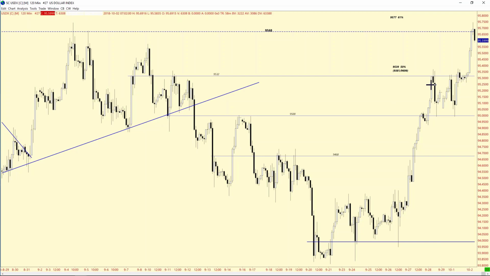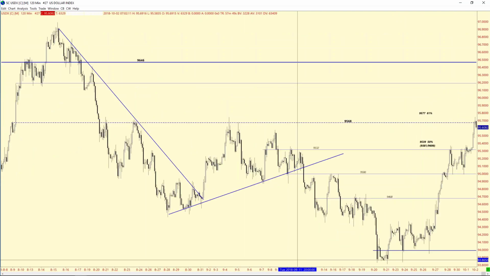And it was actually this close above the 94.97, which was on the daily, that targeted then 95.68, and we just made it now to the 95.68. I had a feeling that you had something up there.